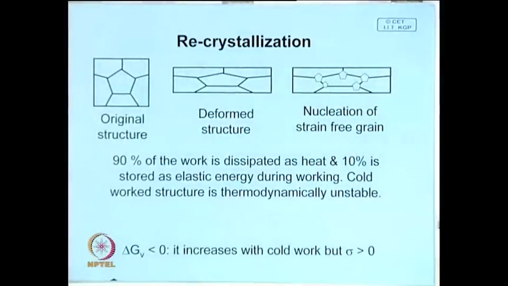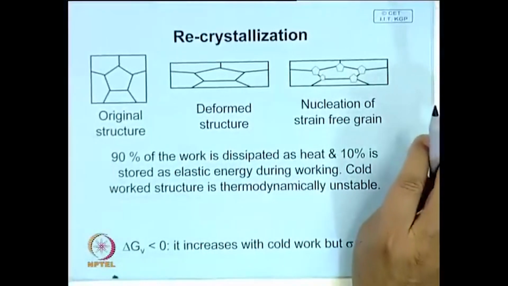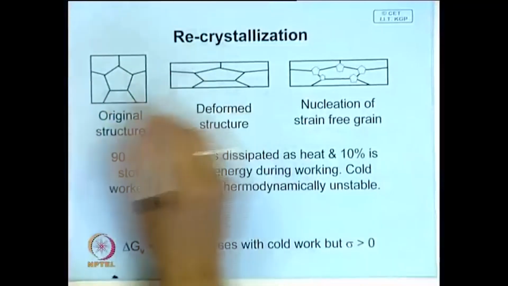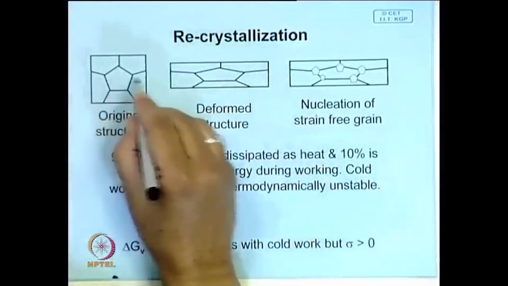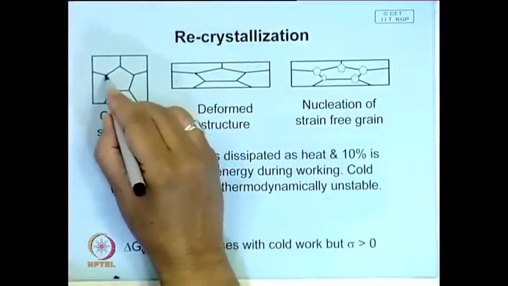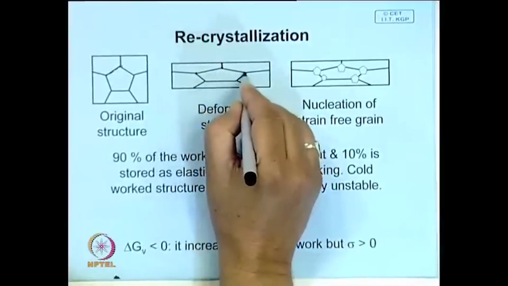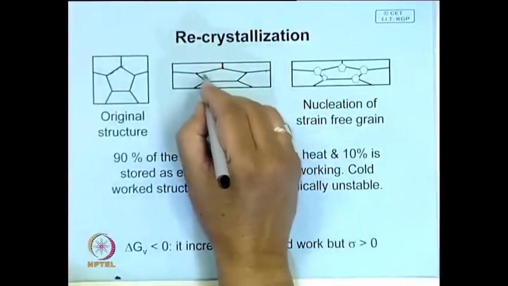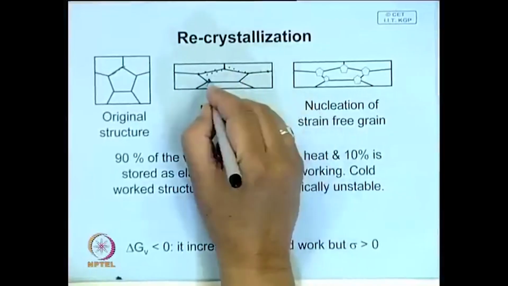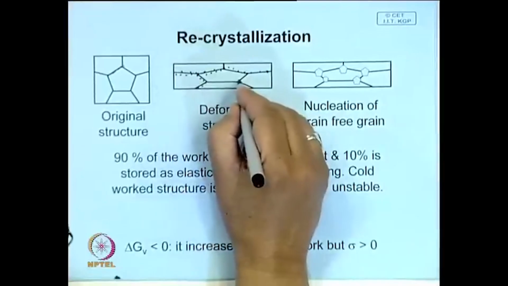Next let us see the process of recrystallization. We have just seen that as a result of deformation, say if this is the original structure, these are the different grains, if you deform it, grain shape changes, and when this shape changes, each of these boundaries have some energy. So, the grain boundary energy also has increased. There is a lot of dislocation density in the material, and bulk of this dislocation density will be here, and